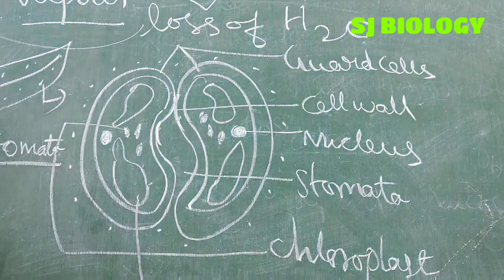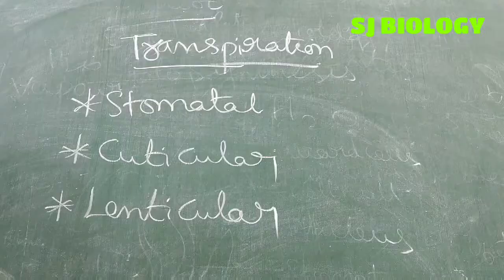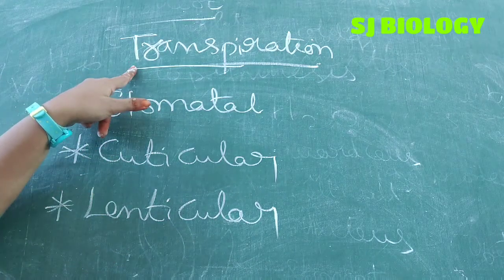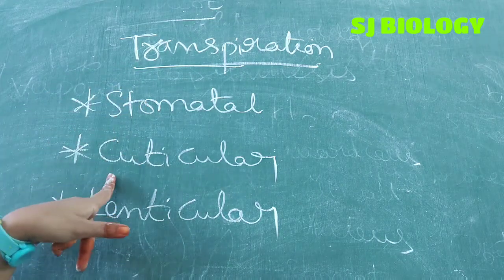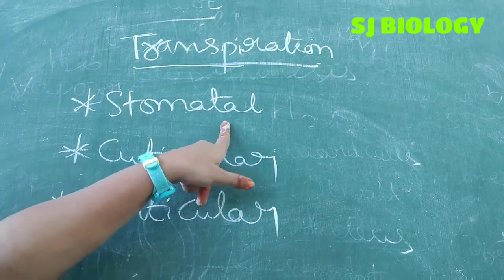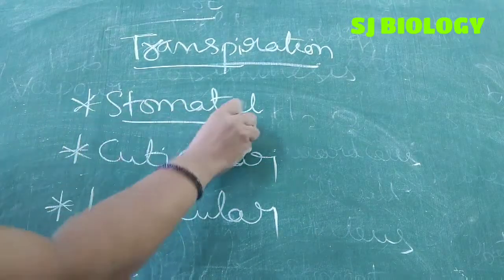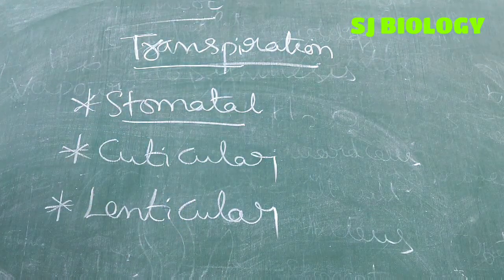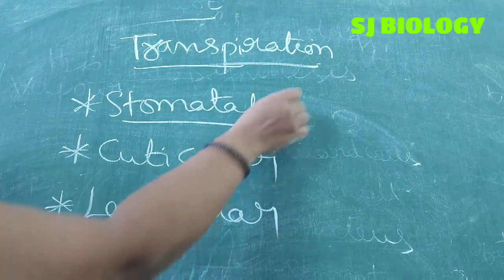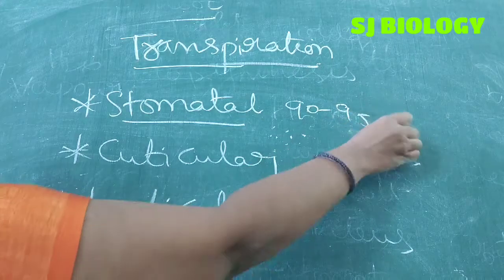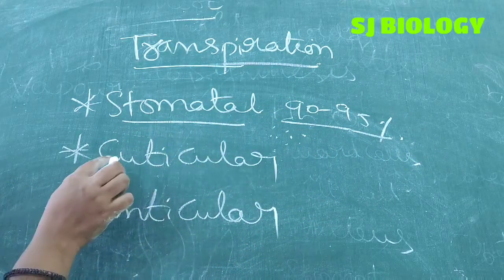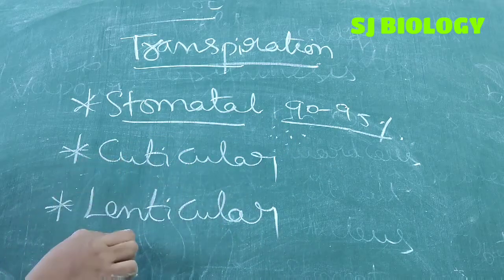Okay, next we move on to the types of transpiration. There are three types of transpiration. Transpiration is nothing but loss of water. So stomatal transpiration, cuticular transpiration and lenticular transpiration. The loss of water from plants through the stomata is called stomatal transpiration. All the plants have stomata, the small pores, so 90 to 95% of transpiration is done by this method only, and the remaining 5% is cuticular and lenticular